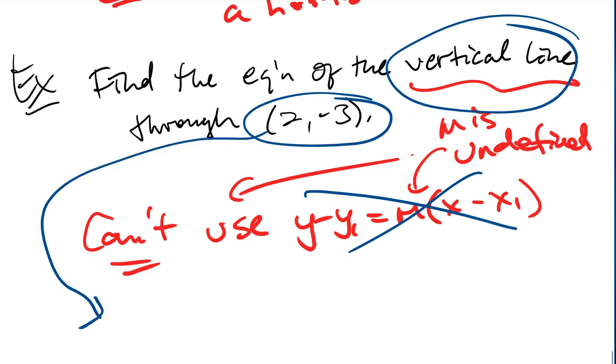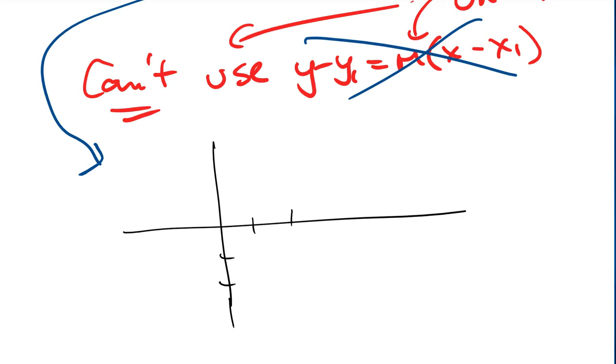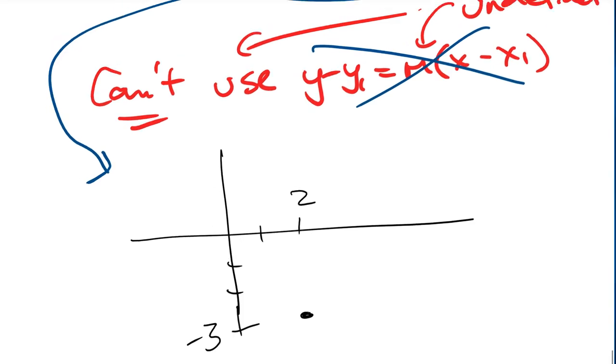So let's come down here and draw it. It goes through 2, negative 3. So I'm going to go over 2, down 3. So that's here. Here's 2, here's negative 3. And let me just draw a vertical line there and see what happens. So when I draw, this is on a tablet. When I draw the vertical line through there,